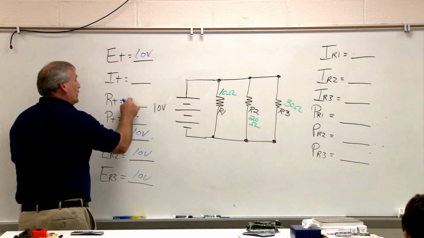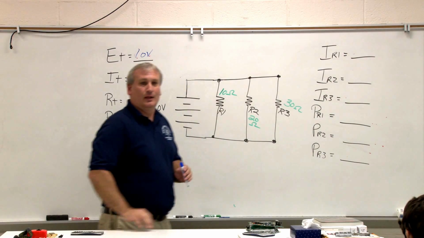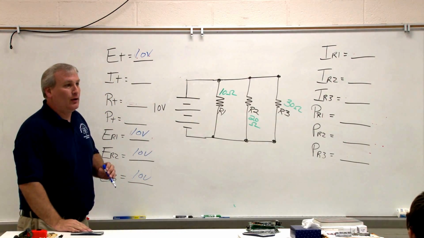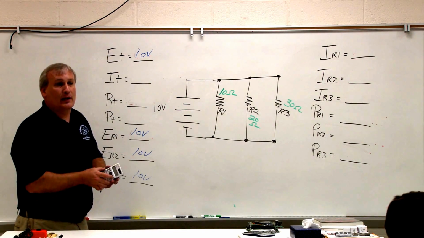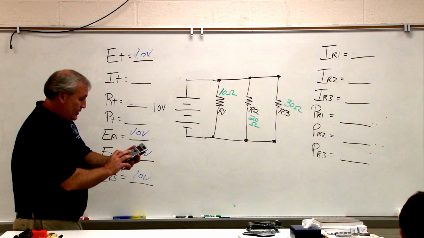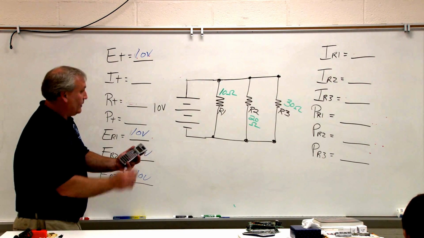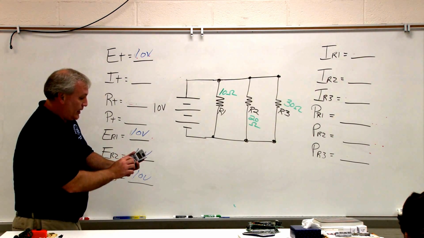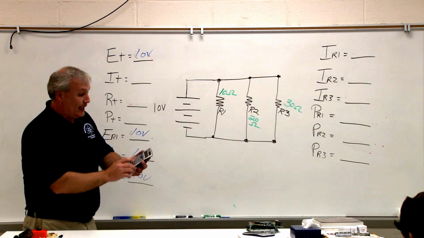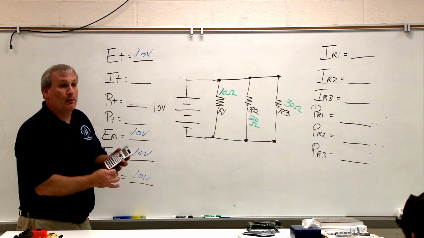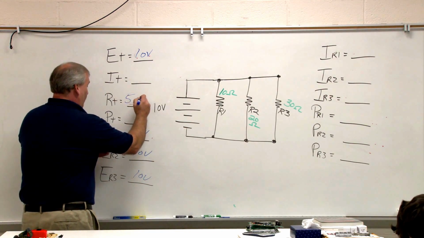Can't solve I total until we have R total. Okay, how do we solve for our 3 resistors in parallel? We're going to use the reciprocal method. We're going to stick it in our calculator, and use the X -1 button. So I'm going to take 10 ohms, X -1, plus 20 ohms, X -1, plus 30 ohms, X -1. We're going to come up with that answer, and then hit X -1 again. That's our reciprocal. And we're going to come up with 5.454